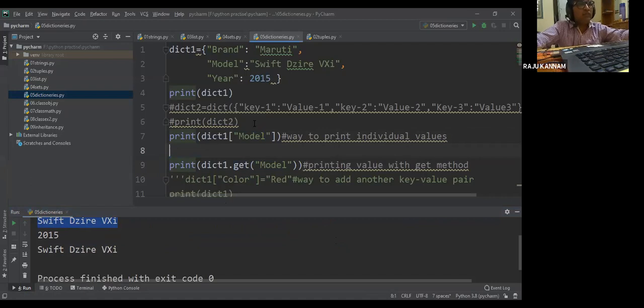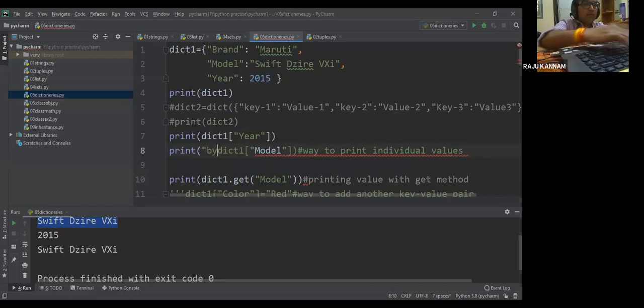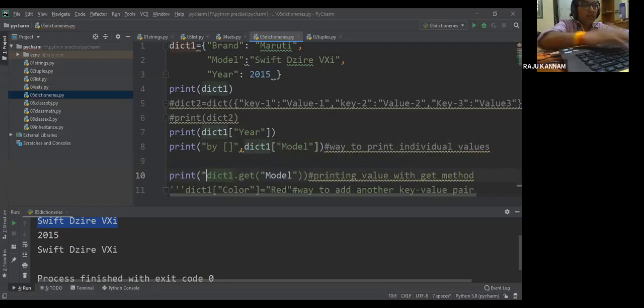So this I will shift here so that you will find out the difference. This is by square bracket, and this is by get method.